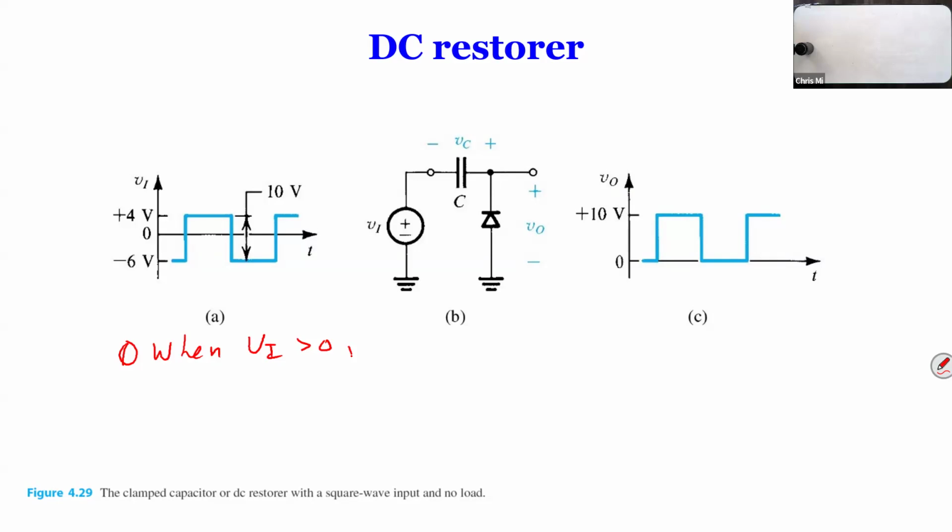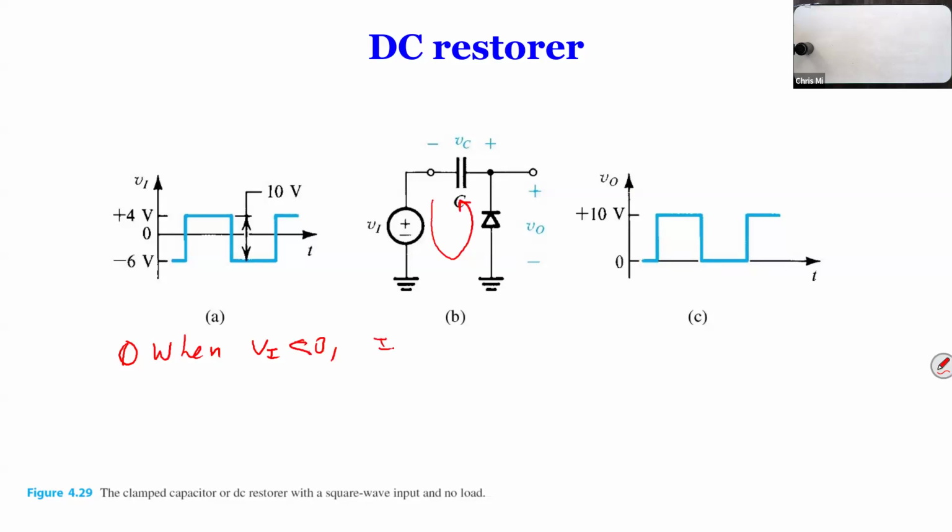Actually, it's good to start with negative. I think it's better, because that way we'll understand a little better why VI is less than 0. So if VI is less than 0, which means